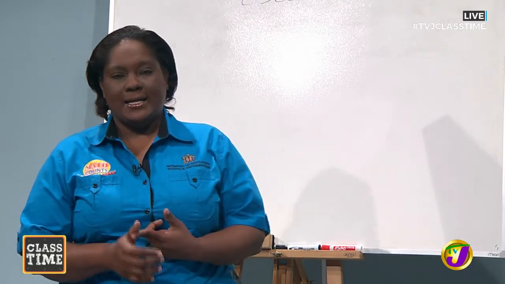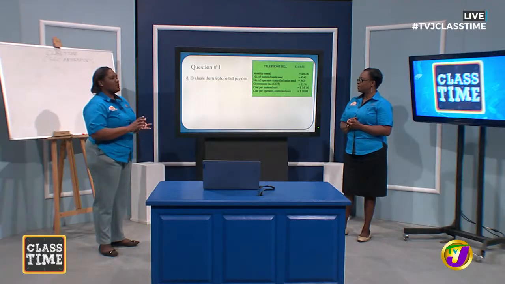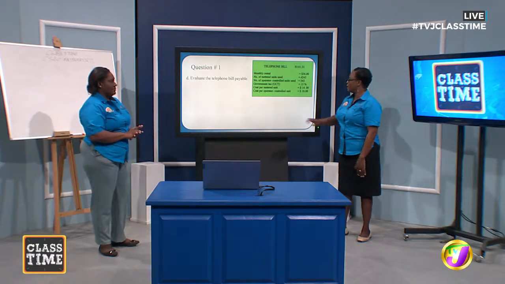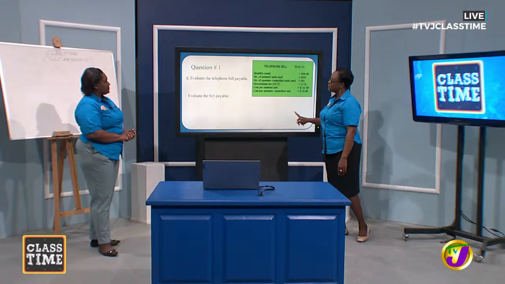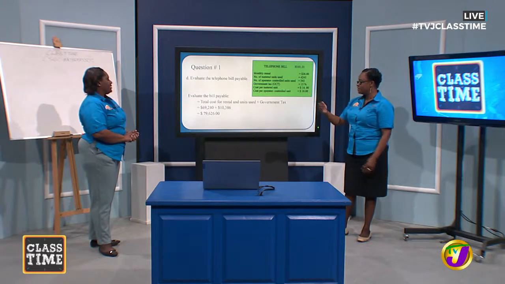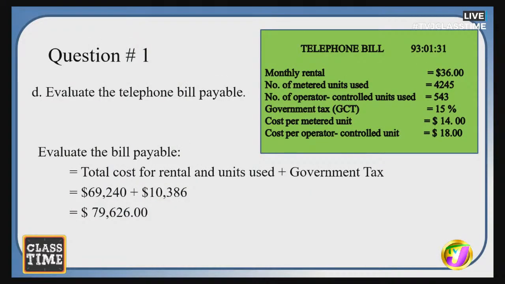We are going to be adding the meter used amount to the control operator units used, to the monthly rental bill, as well as the tax. And then we get a final bill. Now let us see what that bill looks like. After we've evaluated the bill, there's a grand total for this person of